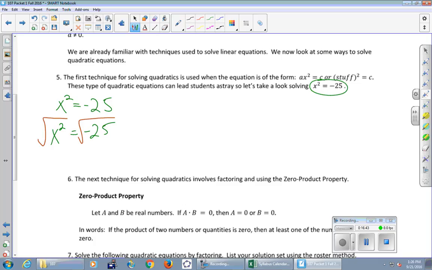Okay, on the left-hand side, that's really nice, right? What do you get on the left-hand side? X, right? That was sort of the point, was to eliminate the square, and we do that by square rooting. And on the right-hand side, well, let's see, square root of negative 25, that's our new technique here. So that's really square root of what times square root of what? Negative 1 times square root of 25. Square root of negative 1 we have seen, that is also known as i. And then square root of 25 happens to be nice. It's just plain 5. So 5i. Okay, so that's fine. That's our solution, 5i.